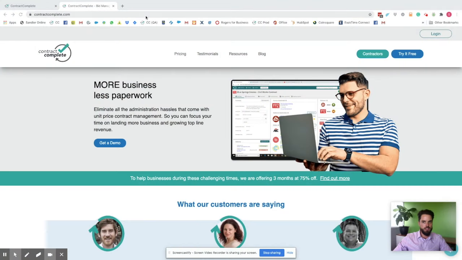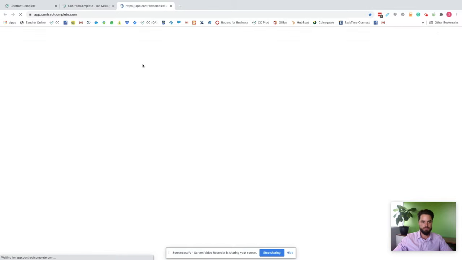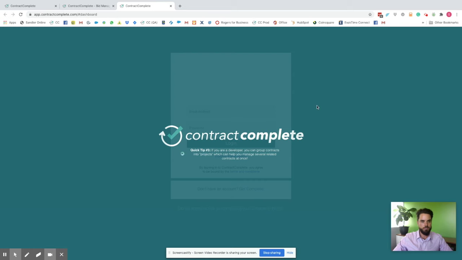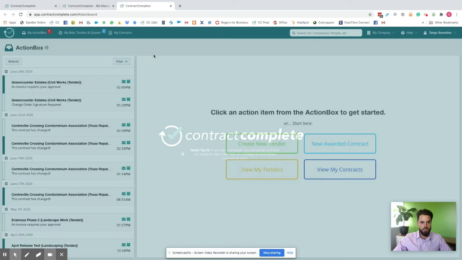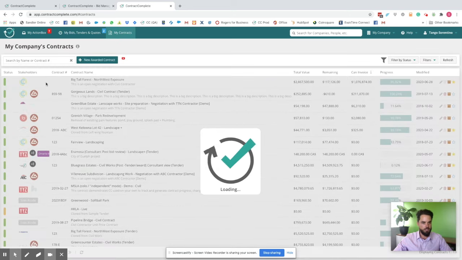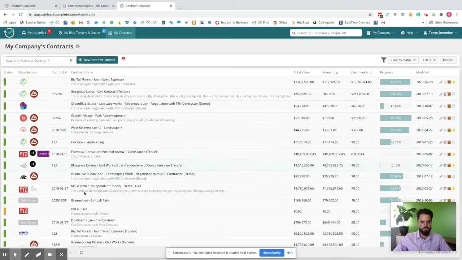All right, so we're on contractcomplete.com here. I'm just going to log in. I've already entered in my login information, so it's going to log me in automatically. We're logged in as a consultant here, as a landscape architect. And if I go to my contracts, I can see all of our contracts all in one view, the different stakeholders, project names, total values, remaining quantities, amount of progress that's completed, and the percent complete,